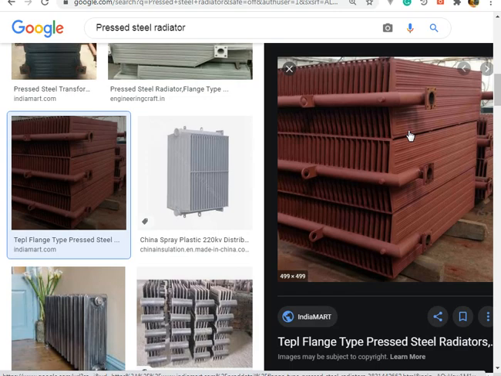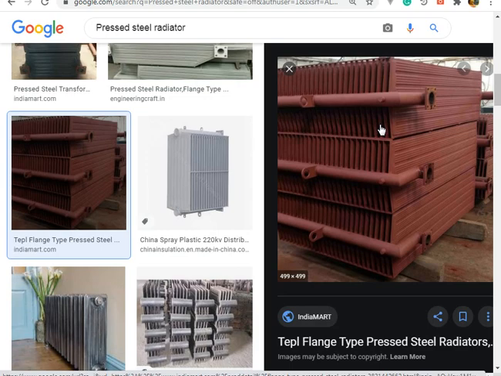इसका surface area बहुत ज़्यादा है, thickness कम है, and it is much more efficient than even the elliptical tube. Elliptical tubes में तो आपको ऐसे करना पड़ा. Now this is just a pressed steel radiator. The thickness is very small, and by adding many of these fins, you can have your transformer cooled down. It is just like if you have seen the cooling fan on your processor or laptops, you have very small fins coming out over there.